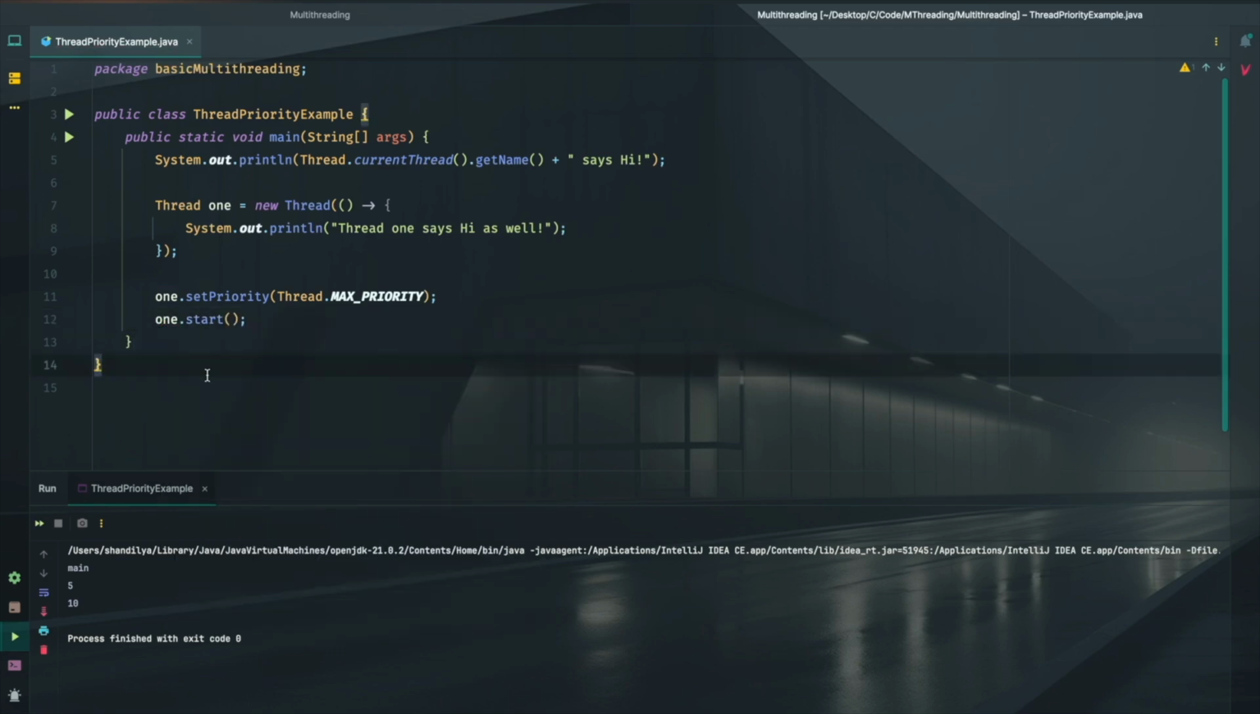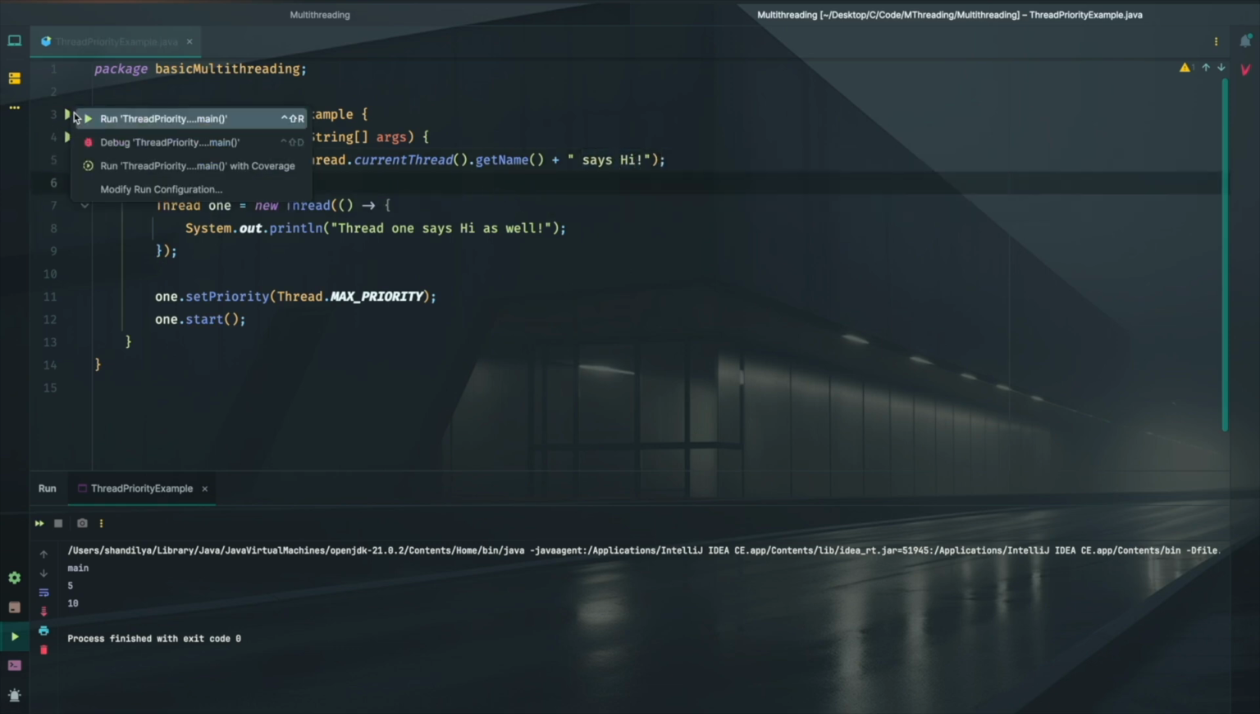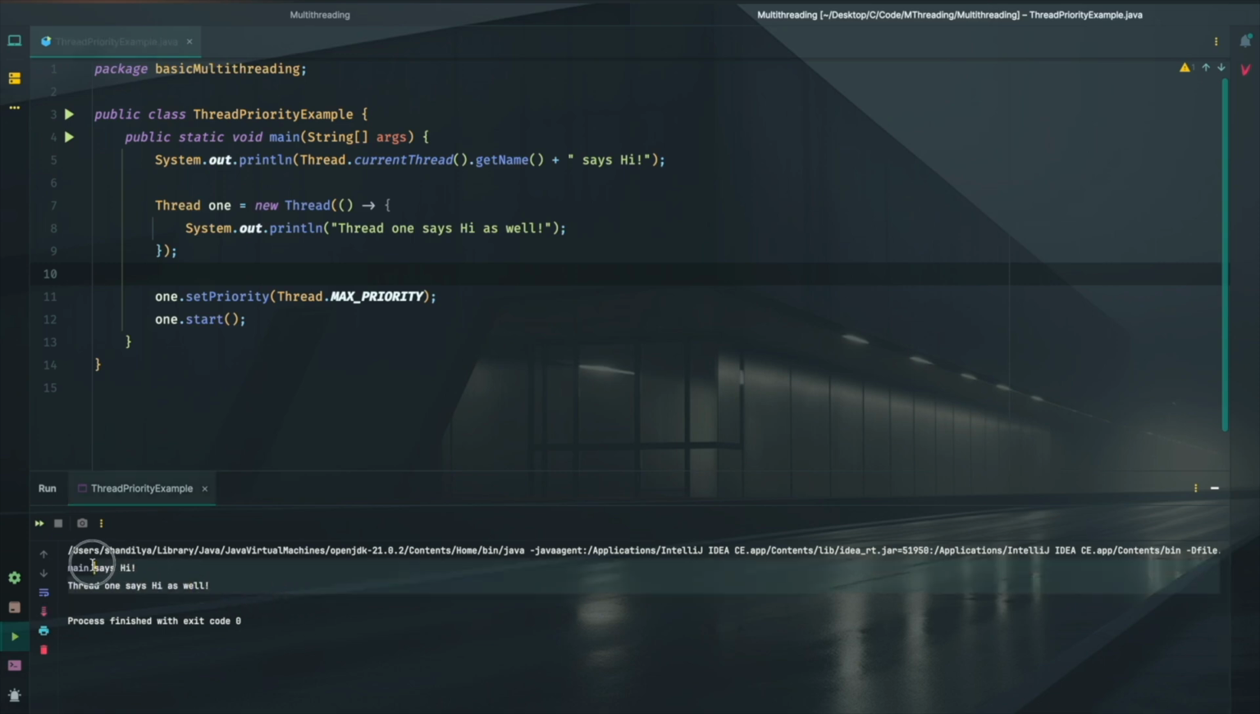So what do you think will happen? Now that thread1 has the maximum priority and the main thread is still at the default priority of 5, I should expect that this one should be executed first. Then I should see the outcome for this one. So let's run it out and see what is going to happen. Well, what we see is the first one to get executed is main says hi,